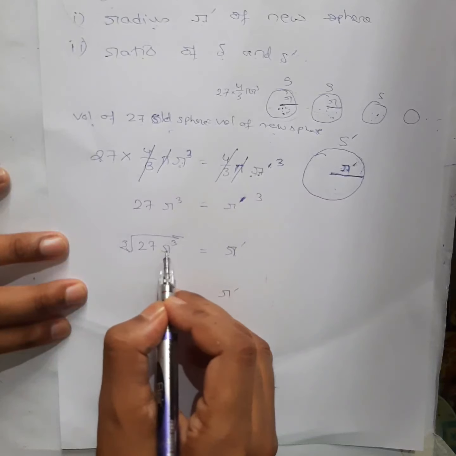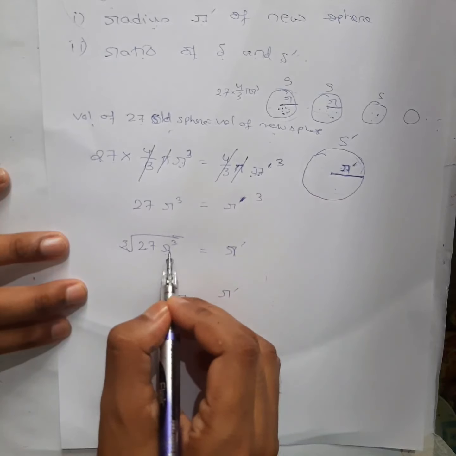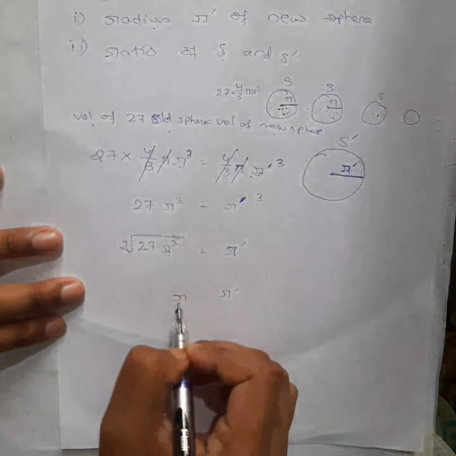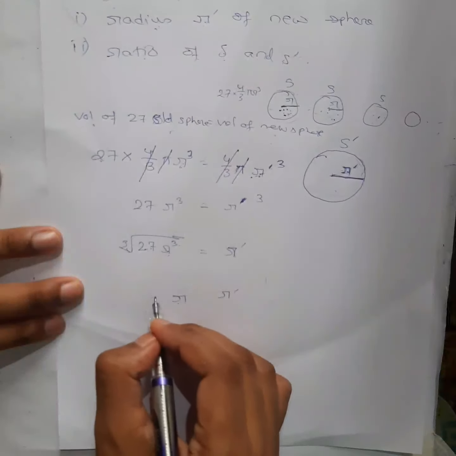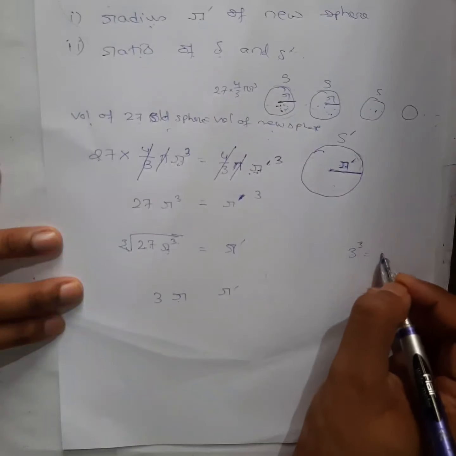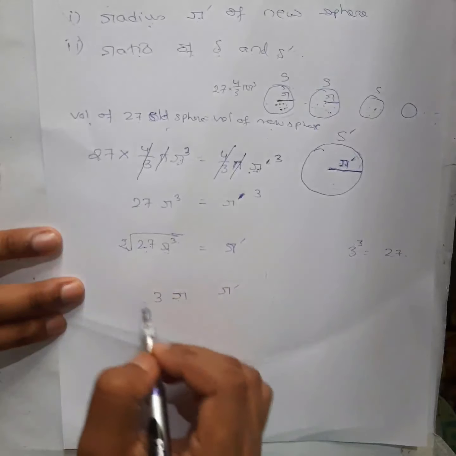For cube root, if a number or unknown quantity, whatever it is, has a cube, then it can come out, right? So r will come out, and 27. Can I write 27 in terms of a cube? Obviously 3 cube, right? 3 cube is how much? 3 into 3 is 9, 9 into 3 is 27. So 27 I can write as 3 cube, so 3 also will come out.